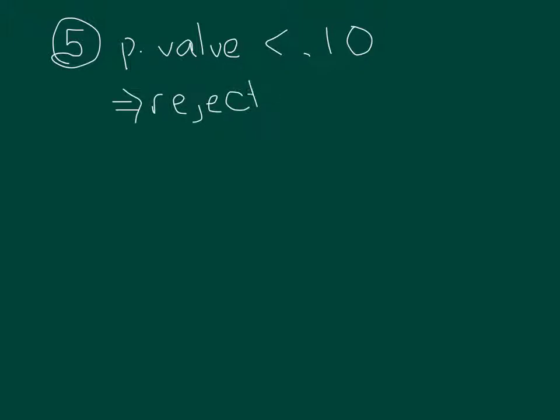So the 5th step, we look at this and we get that our p-value is certainly going to be less than 0.10. We don't know exactly what it is, but it certainly is less than 0.10, so that means we are going to reject h0. And so in step 6, our conclusion here, I need to go back and look at the problem because I don't remember what exactly we were testing. We're testing that the amount of colony-forming bacteria in milk was greater than 20,000. So it looks like there is statistical evidence